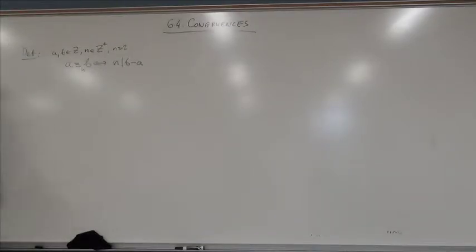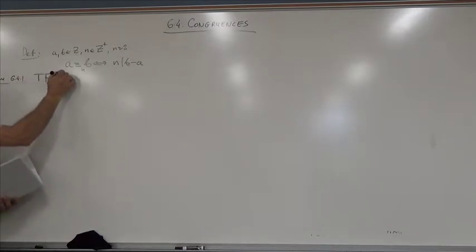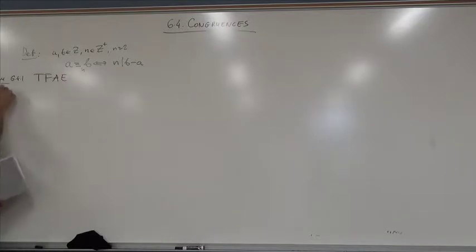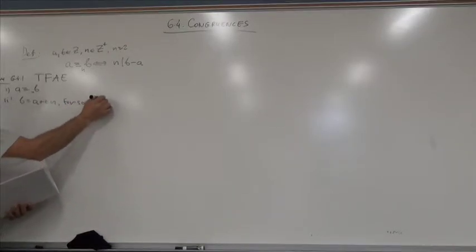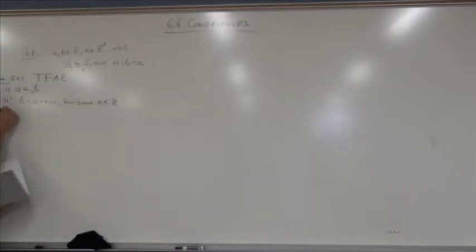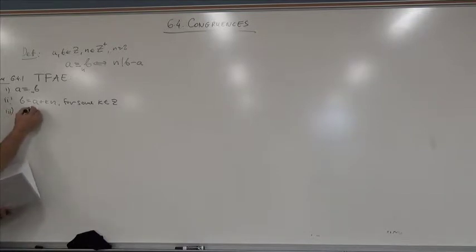First theorem. So, we have lots of theorems today. 6.4.1. And it says the following. The following are equivalent. This is a standard acronym we use in mathematics. Number 1, a is congruent with b modulo n. Number 2, b equals a plus kn for some k in Z. Wow, this marker is great. And number 3, a and b have the same remainder